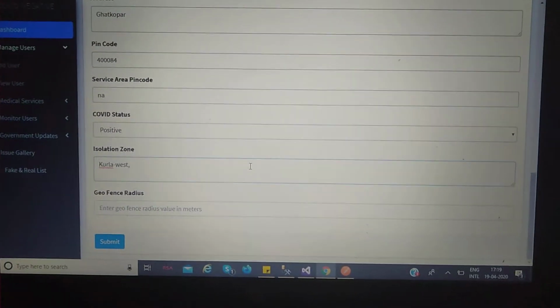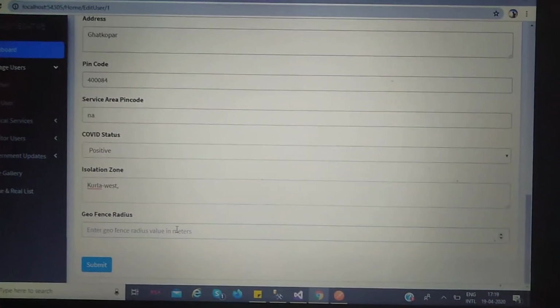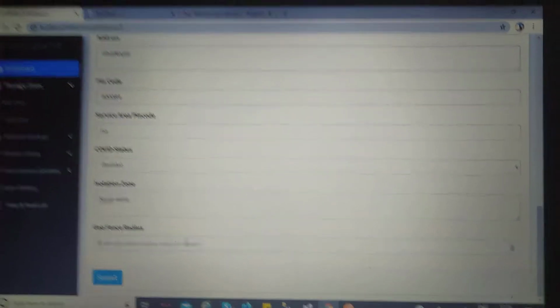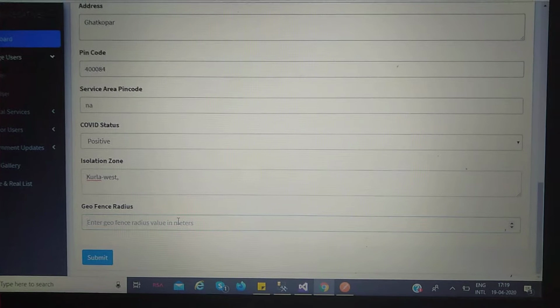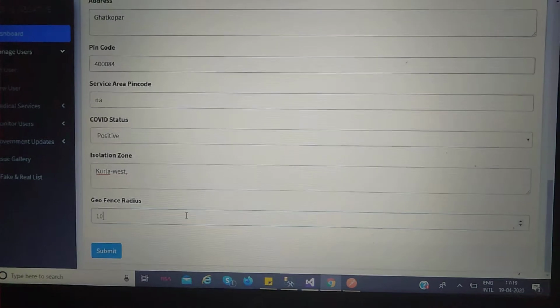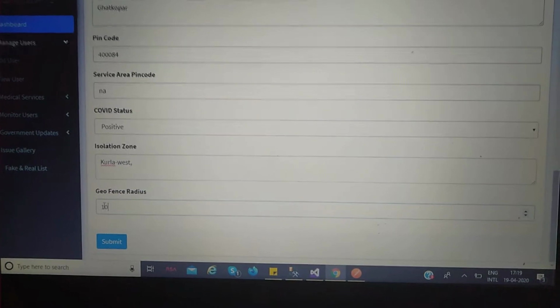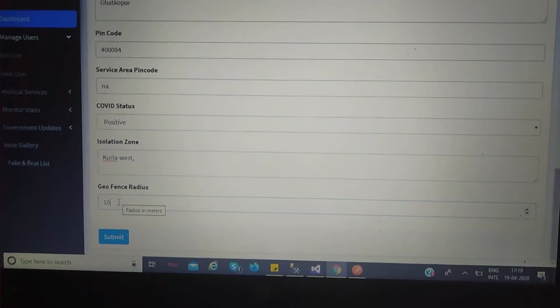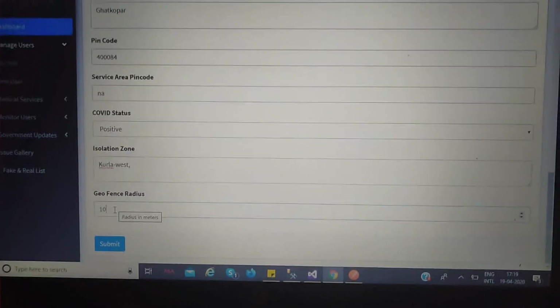The main problem that we actually saw was that many of the patients, or I would say the quarantined people, are coming out of their houses, and the officials have no knowledge of where they exactly are. So we came up with a solution of geofencing, in which we geofence their location, because of which if a user gets out of their house, all the police officers, cops, or even the officials in that area will get a notification with the accurate nearest location of that person who has just violated the quarantine rule.